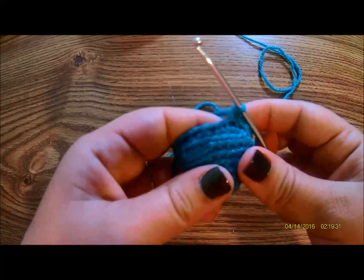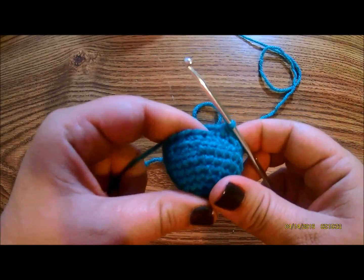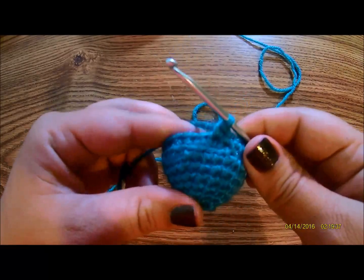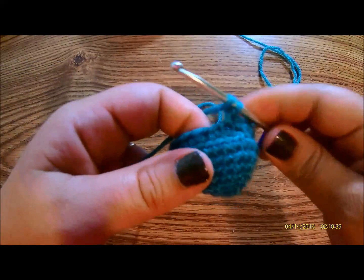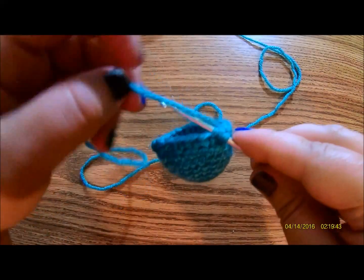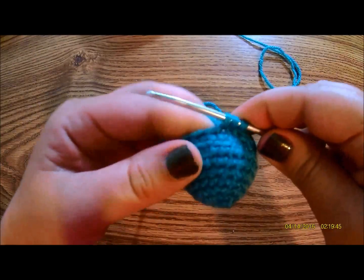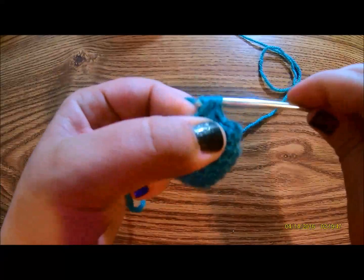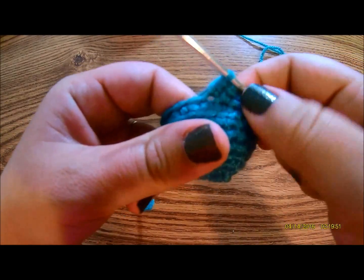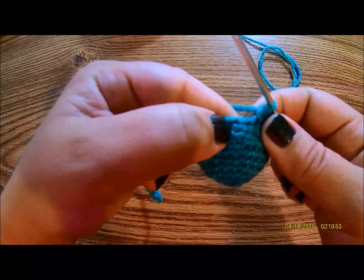jaw. So we're going to be crocheting in front loops only. The first one is 1/2 double crochet. So yarn over, pull up a loop, yarn over, and pull through all 3 loops. That's a 1/2 double crochet. Your next stitch is front loop only, and you're going to be doing